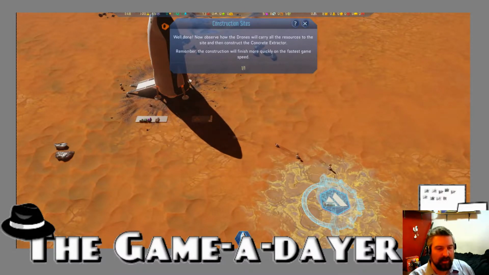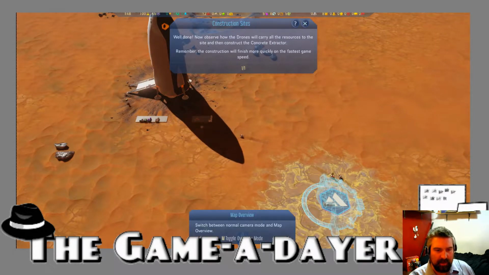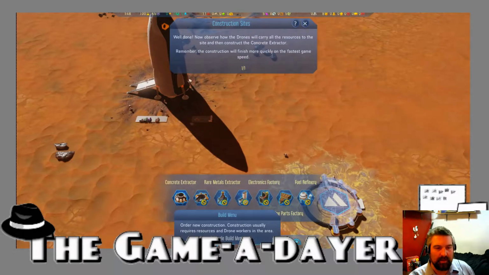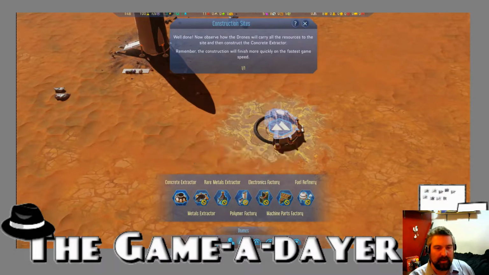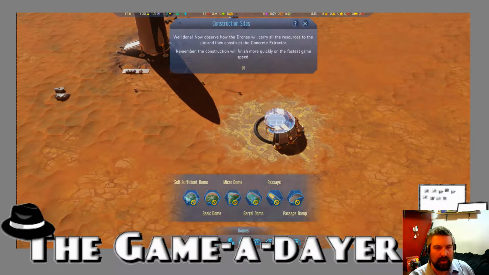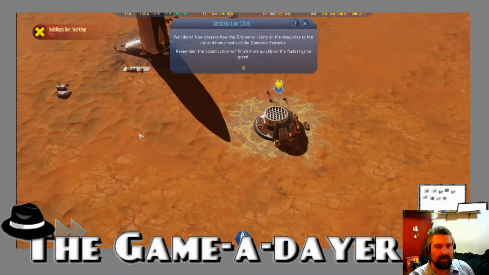Alright, let's slow down a little bit and have a look at all these things. Command centers, map overview. Let's see. Building menu. There's a lot of stuff to do. Alright, well, for now, let's...